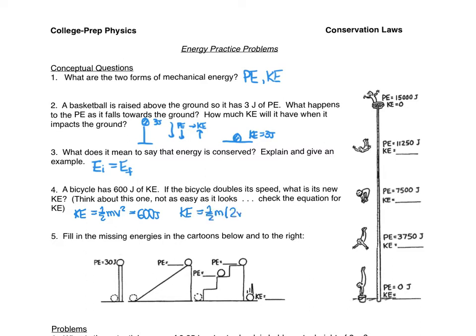squared, right? If I double the speed, I'm going to double it: 2v squared. What will that kinetic energy be? At first glance, you might think it's 1200, but that is not the case. Since we're taking velocity squared, 2v squared is going to be 2v times 2v, which is 4v squared. So that kinetic energy will go up by 4 times the original amount, or 4 times 600 is going to